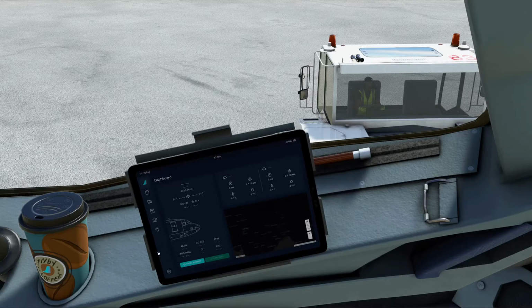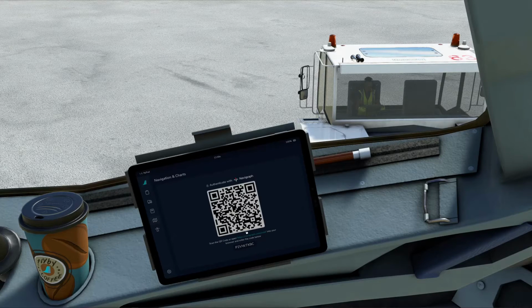Okay, now first I want to show you this. It literally just been updated as I started the preparation for this video. I have to try and avoid doing a tutorial for the flypad, that's a separate video, but what I want to go straight to is the ability to link the flypad with Navigraph charts.